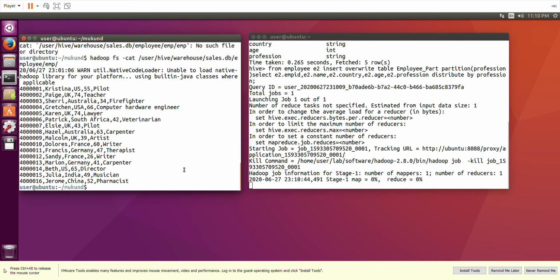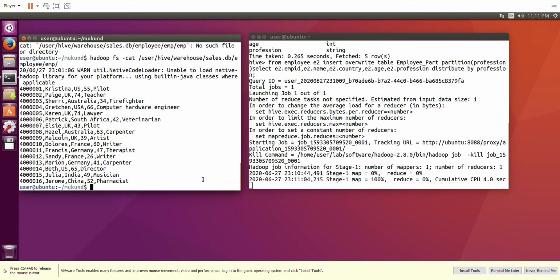So now see, the map has started, 0% maps and reduce 0%. Map completed 100%, mapping has happened.